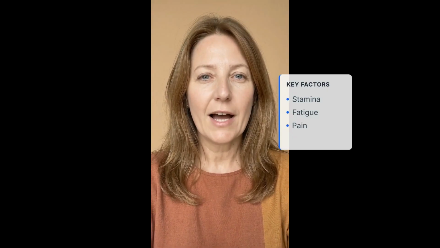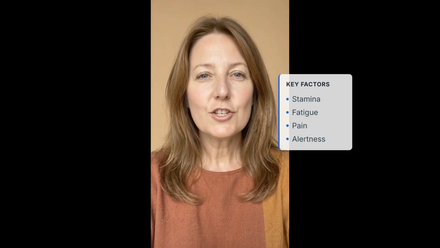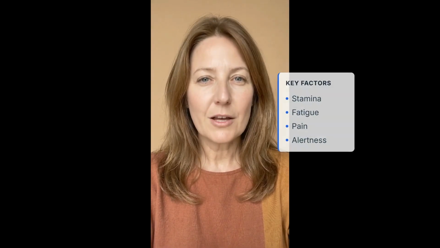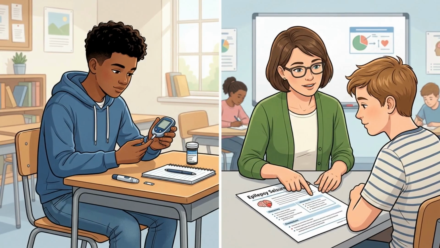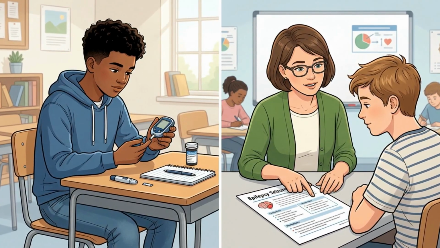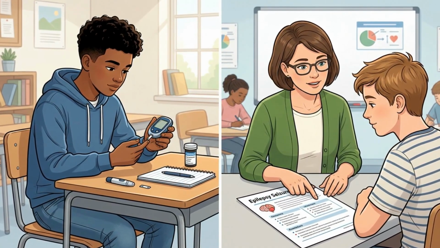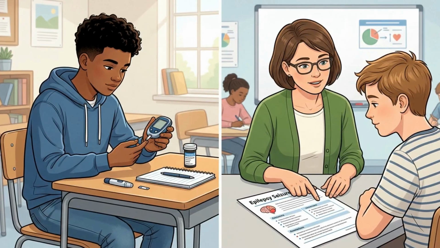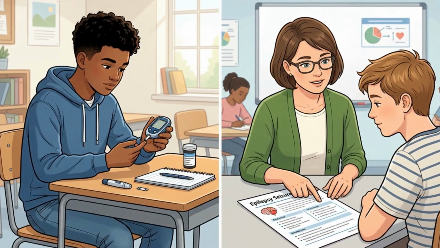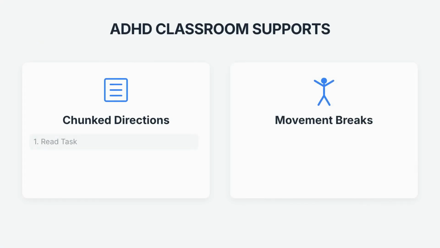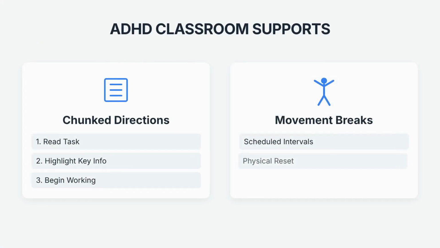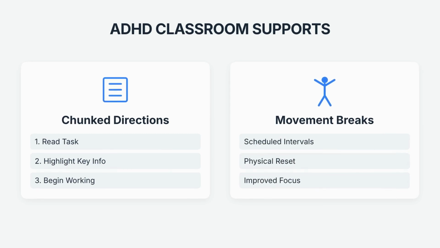The phrase limited strength, vitality, or alertness is important. A student with OHI may not look disabled in an obvious way. The issue may be stamina, fatigue, pain, blood sugar management, seizures, attention regulation, medication effects, absences, anxiety about health routines, or reduced alertness during parts of the school day. A student with diabetes, for example, may need predictable access to snacks, blood glucose monitoring, a nurse, or bathroom breaks. A student with epilepsy may need a seizure action plan and staff who know what to do before, during, and after a seizure. A student with ADHD may need environmental supports, explicit executive functioning instruction, movement, chunked directions, or structured